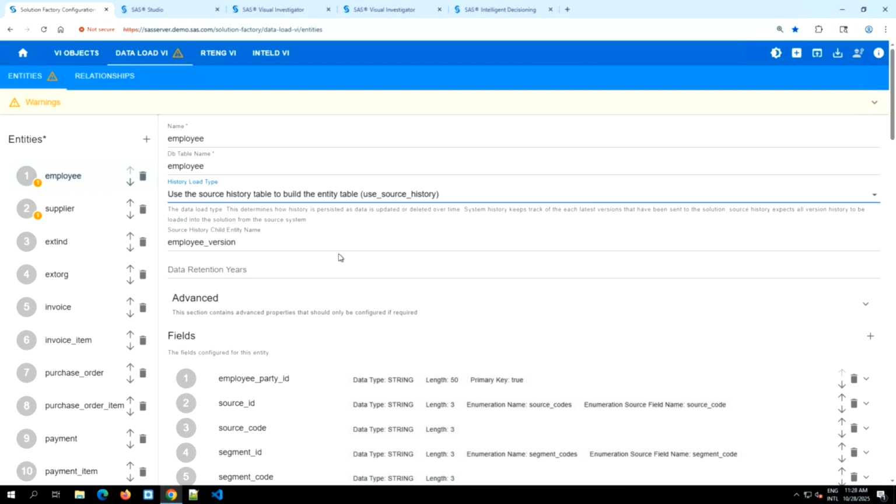Now, it also gives you an option of retention of the data. Again, these are a lot more technical details. It helps you configure what you want to do with this data, this entity, over the period of time when the project is in the implementation phase. Then, once the basic information around the entity is generated,